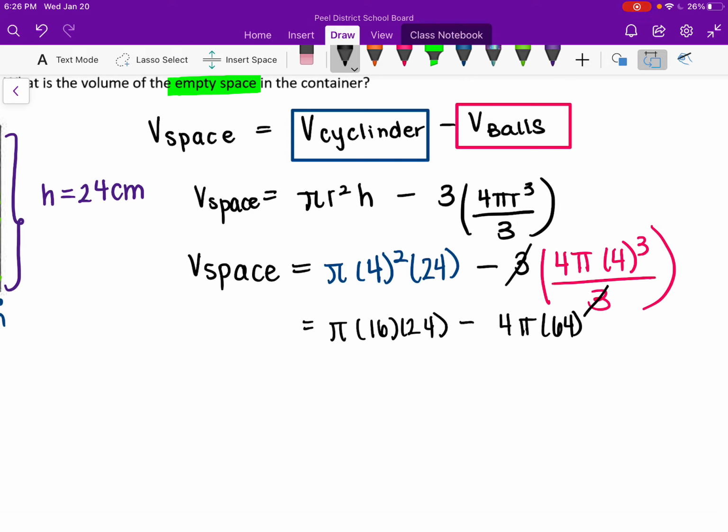You could have theoretically done 4 pi 4 cubed divided by 3 and then multiplied that by 3. It's up to you, whichever way you want to do it. You don't have to do it this way. This is just how I see it, and it's easier for me. So I'm going to do pi times 4 squared, pi times 16. 16 times pi times 24 is going to be